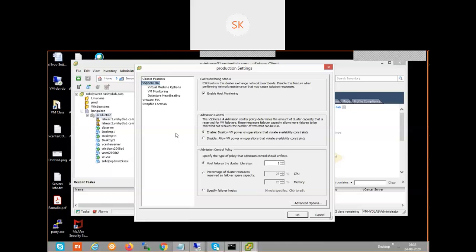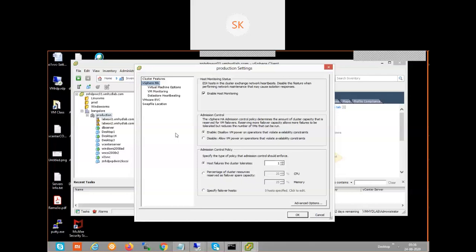If I enable HA and choose this host tolerance, I need to make sure I can only use 50% of the resources on each ESXi host. Even if a host goes down, the remaining 50% of resources will go and power on another ESXi host, and that ESXi host's utilization reaches 100%. Ideally, it works such that beyond that reservation, it won't allow you to power on a VM.